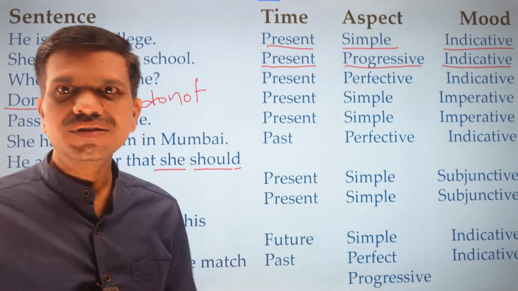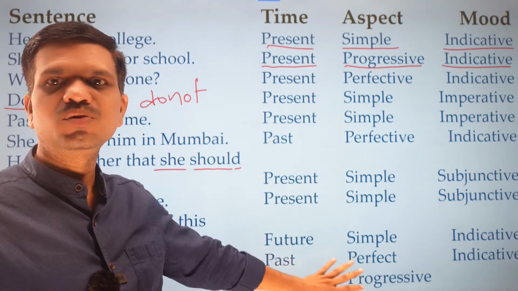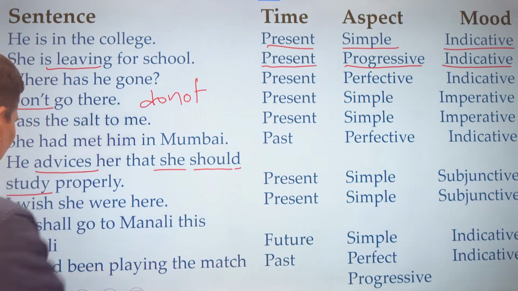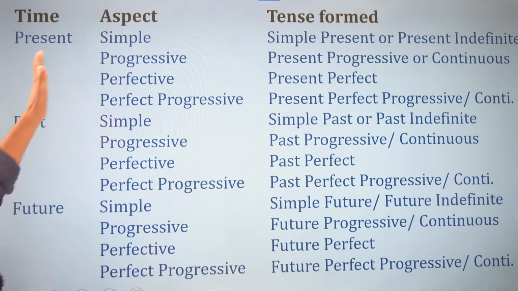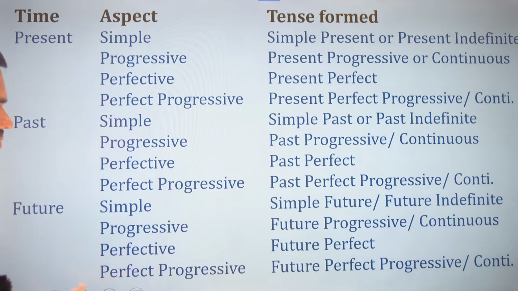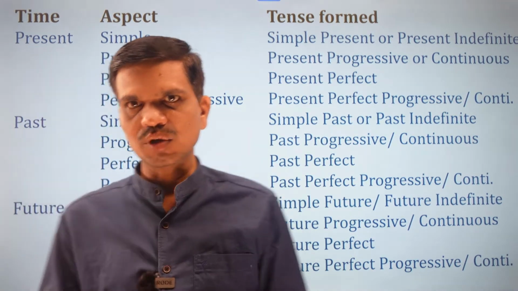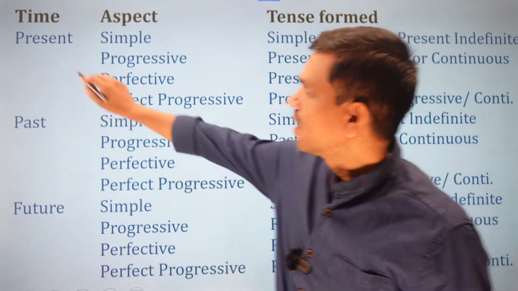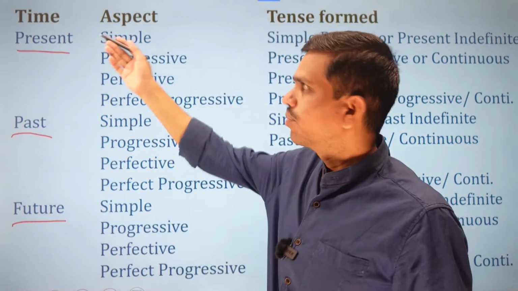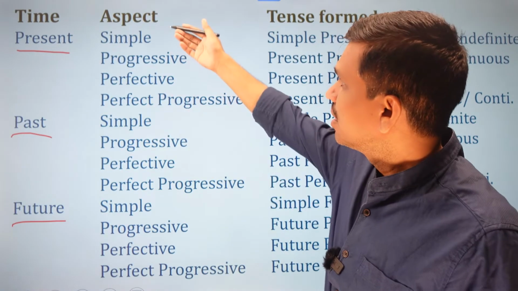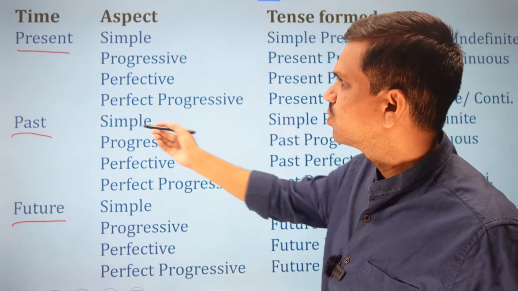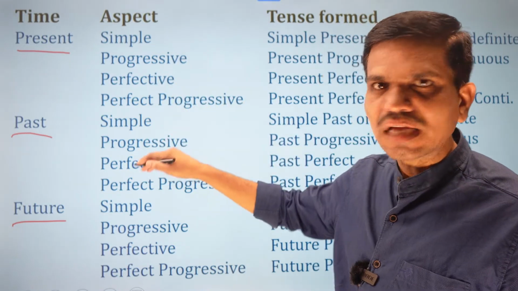Now based on these examples we have different types of tenses. Now let's see how tenses are formed. Here you see the tenses are formed based on the aspect and time. So here we have three time frames, or three main tenses: present, past, and future. Now based on these time frames we have the aspects simple, progressive, perfective, and perfect progressive, and based on these aspects again